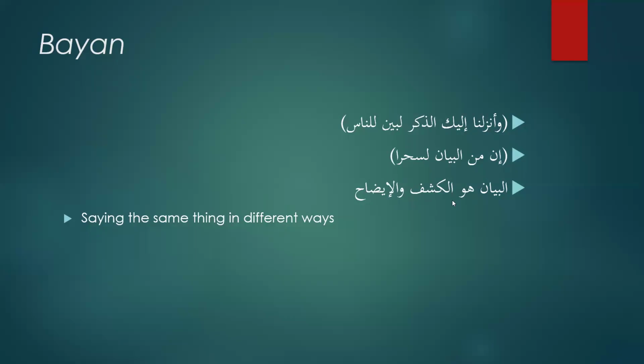And then there's a hadith. I'm not aware of the hadith's authenticity, but it's not mawdu', it's not a fabrication. إن من البيان لسحرا, that among bayan, or exposition, is a type of magic, right? There's a type of sorcery, right? And the word bayan in this hadith obviously doesn't mean the discipline as we know it, but